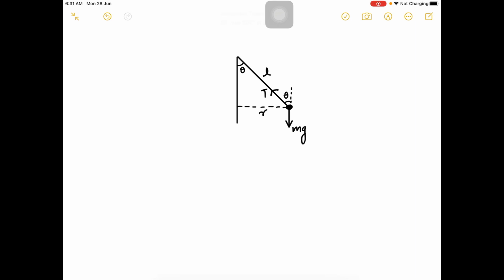Now the angle of the string or cable attached to the occupant is theta, which is equal to 60 degrees. So this angle will also be 60 degrees. Now in the vertical direction, the vertical component of tension, T cos theta, balances the weight of